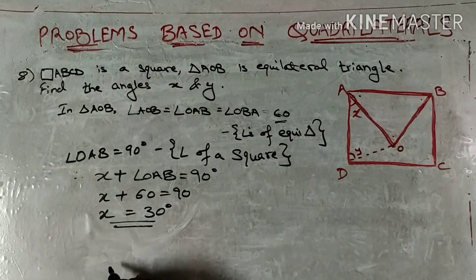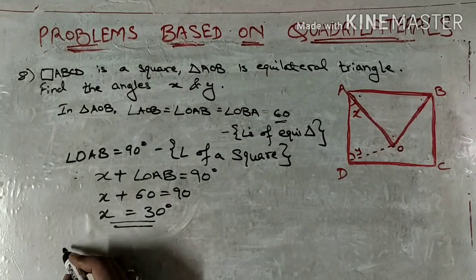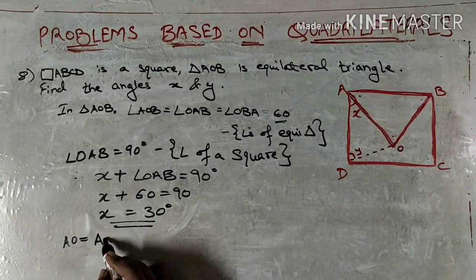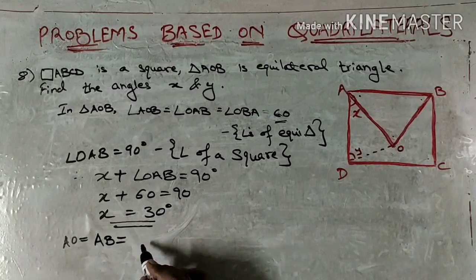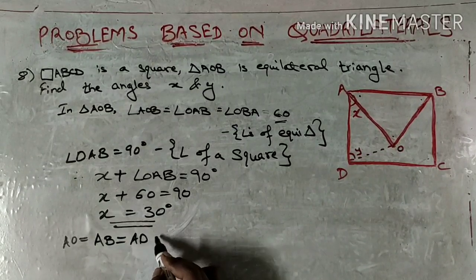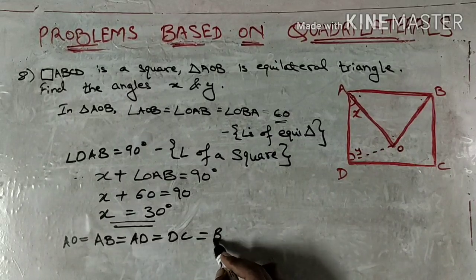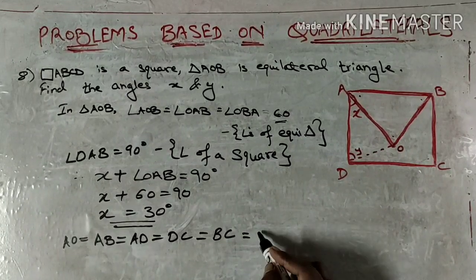Hence we can write AO is equal to AB is equal to AD is equal to BC is equal to